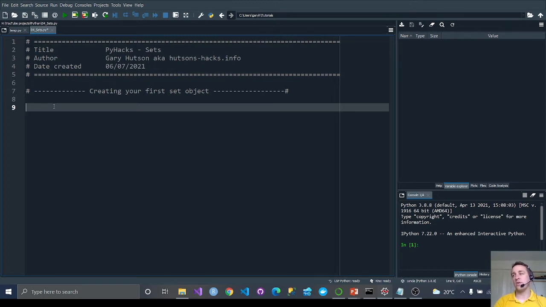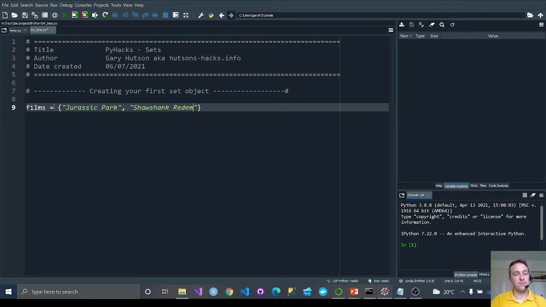Sets are normally used for storing lookup values because they don't allow duplicates, so they need to be unique items in the sets. And we'll discover that as we go through the tutorial. So we're going to create a films object set. In sets, like dictionaries, you use curly braces to create a set. So we're going to use Jurassic Park, just a few examples,